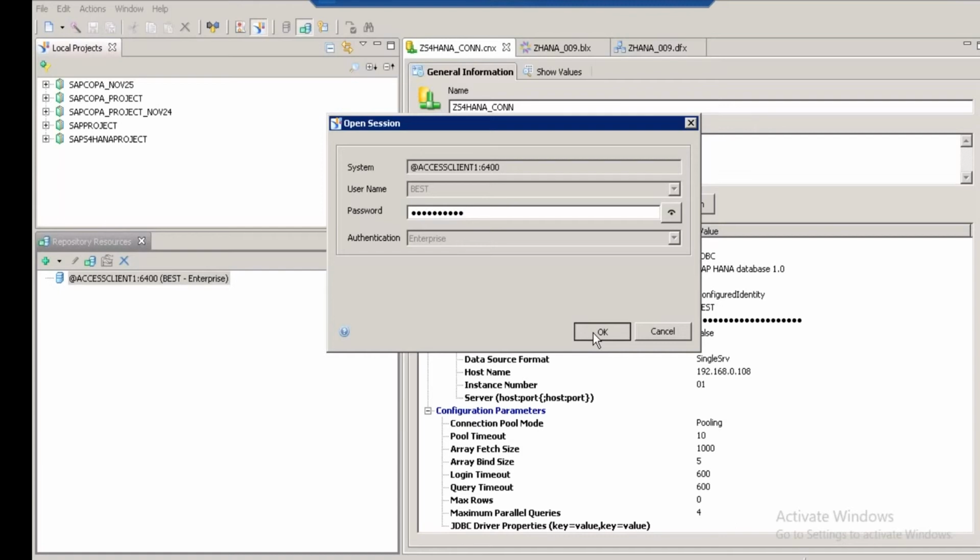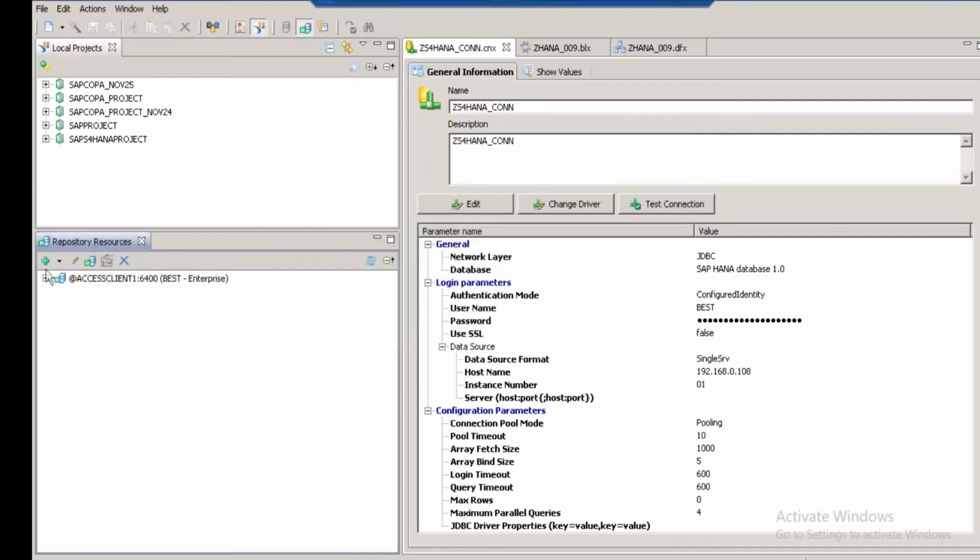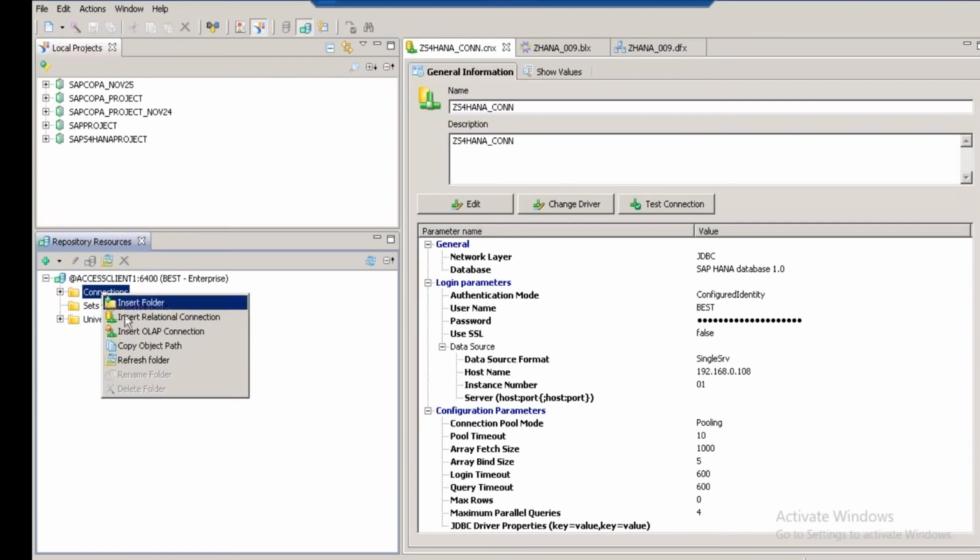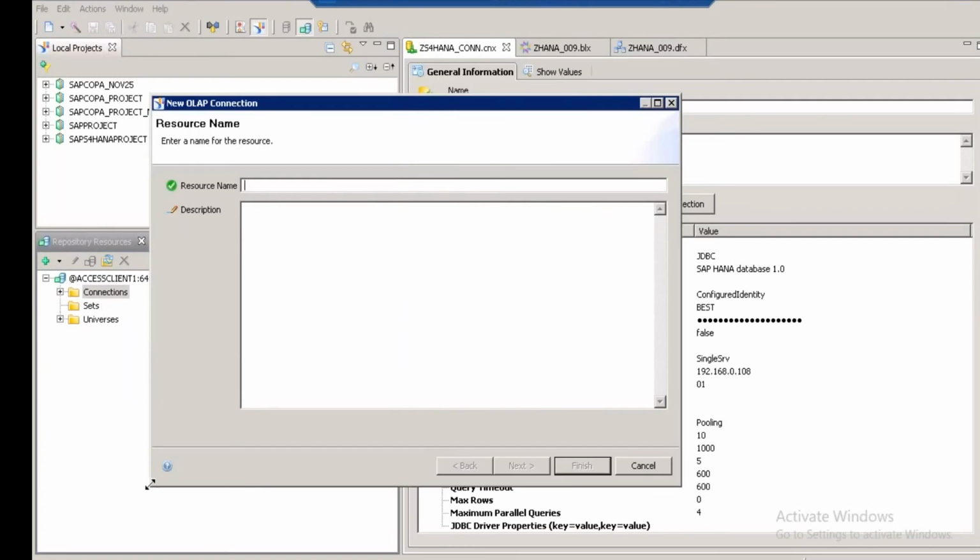Once you click OK, expand the system. Once you expand the system, here we can see connections and universes. Right click on the connections, click on insert OLAP connection. Once you click on insert OLAP connection,